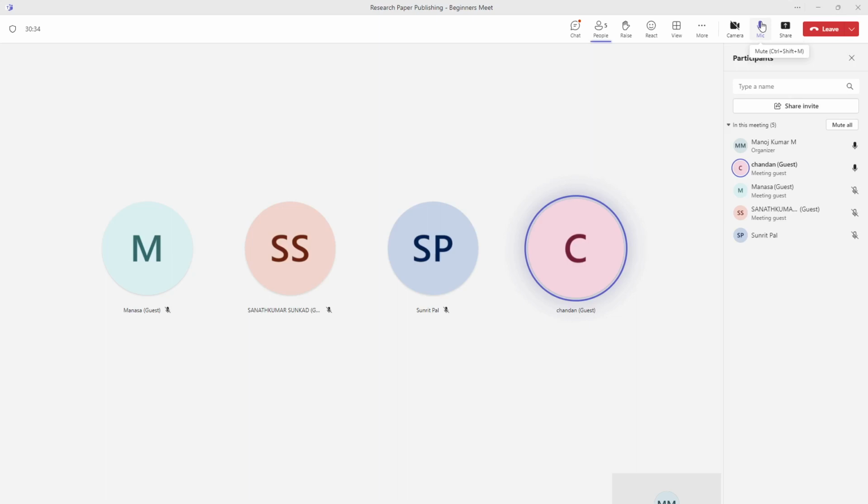Third thing, I must appreciate what Manasa is trying. If you can try to submit your paper to Q1 or Q2 listed journals, those are very complex. If accepted, it usually takes 2 to 6 months, or maybe more than that sometimes. But if those are accepted, then it is really a great publication, and you will get a lot of citations in future.